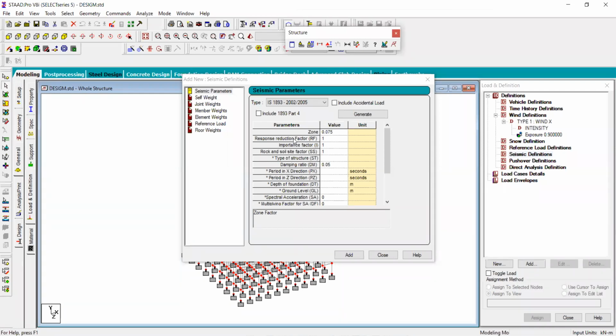For example, when the value of response reduction factor is equal to 3, automatically the total force generated due to earthquake will be divided by 3. It means we will design the buildings for only 1/3 of the earthquake force generated.